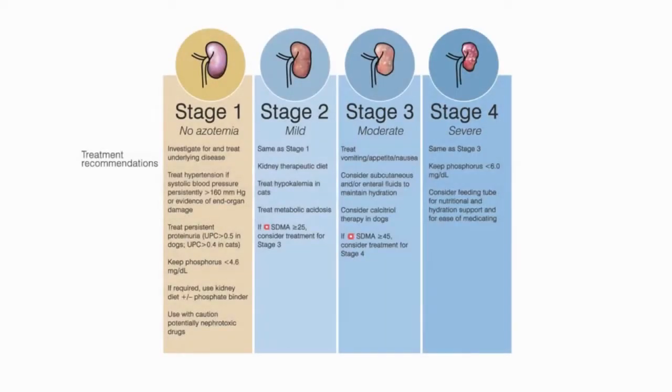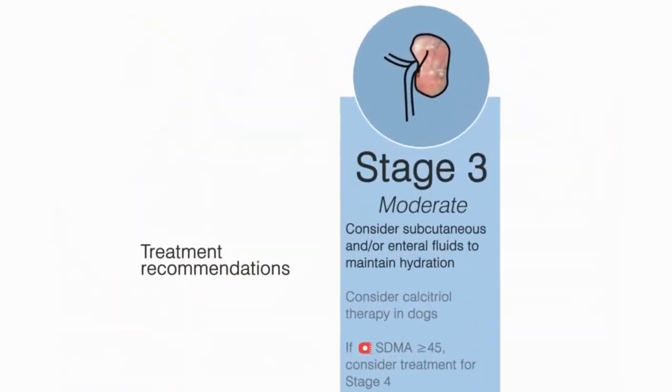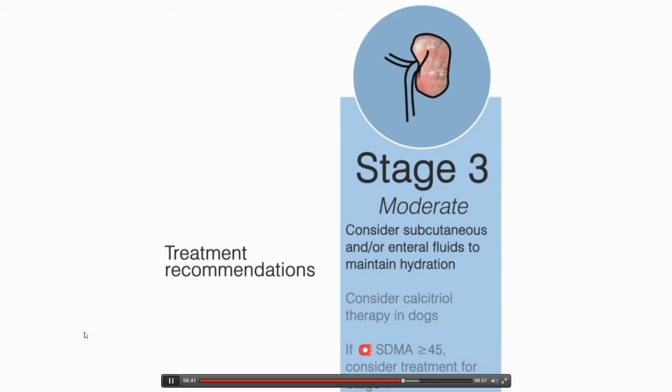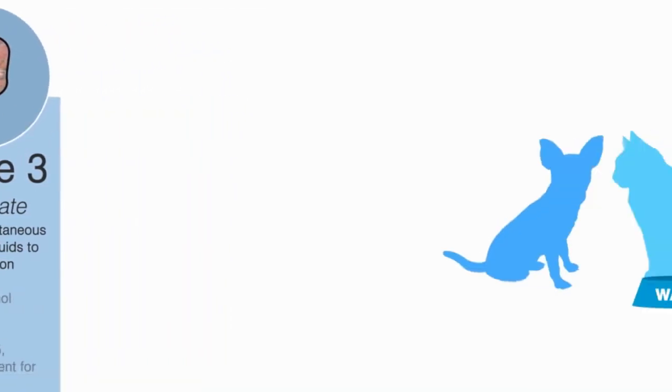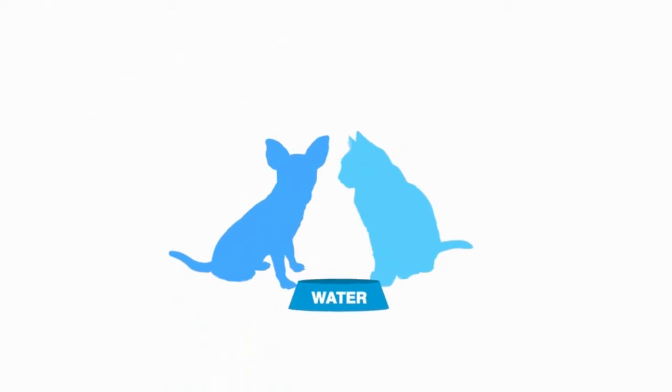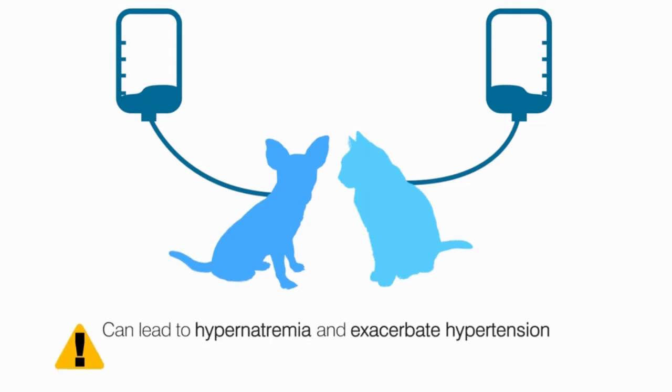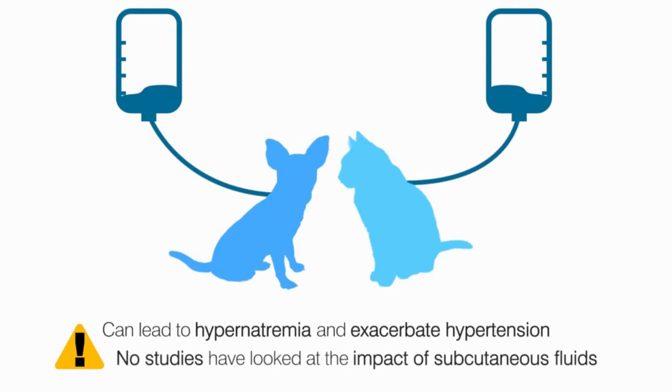Maintaining hydration becomes even more important with advanced CKD, and subcutaneous and oral enteral fluids should be considered. Encouraging the pet to drink is still the best way to provide fluids. Providing subcutaneous fluids to cats and small dogs with CKD is common practice. However, this can lead to hypernatremia and exacerbate hypertension. Additionally, there are no controlled clinical studies that have actually looked at the impact of subcutaneous fluids on quality of